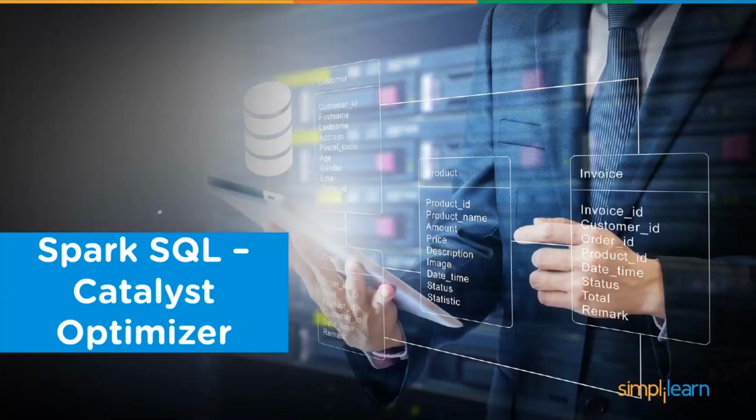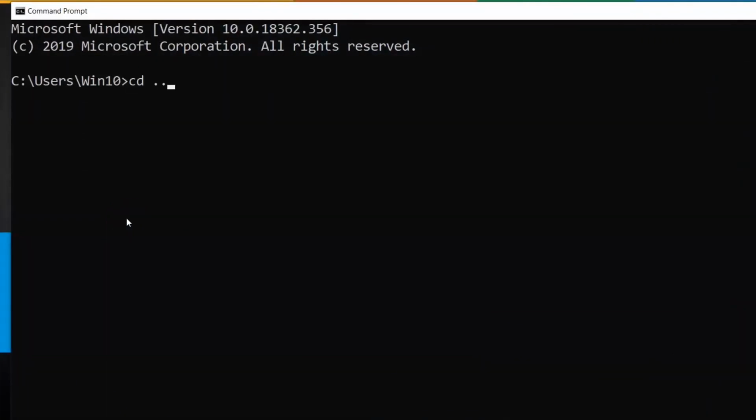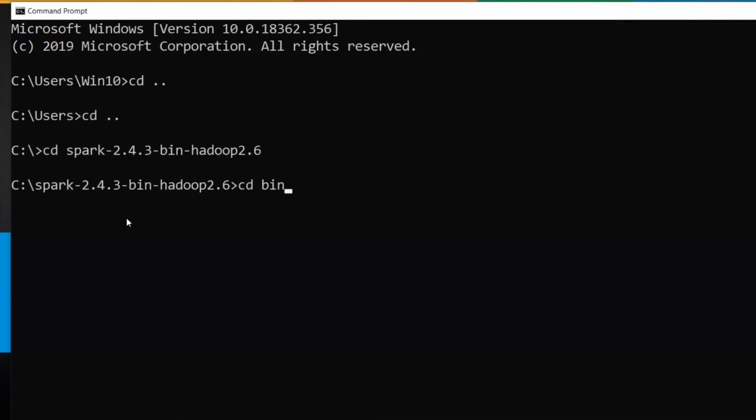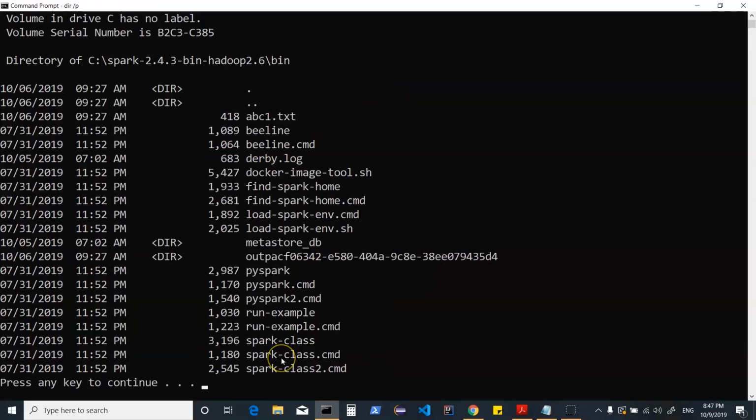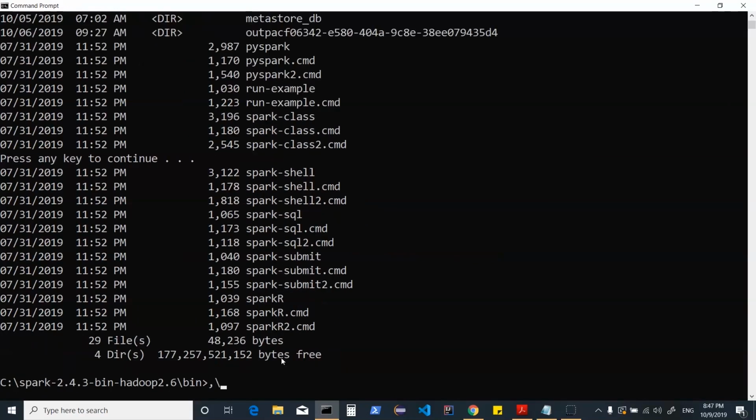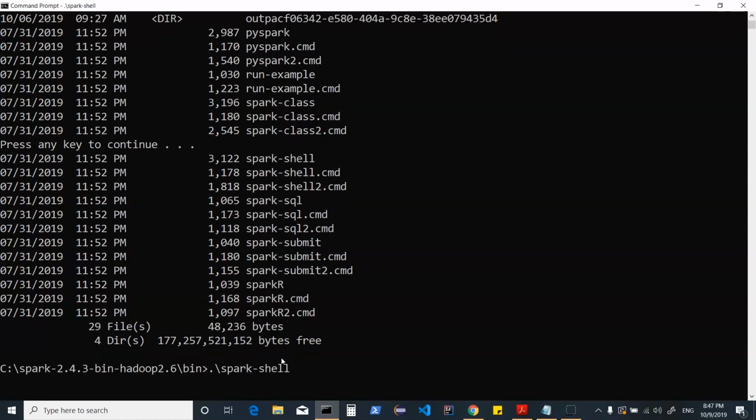Now, what we can do here is go into my command line, go into my Spark directory, and then go into bin. If I just do a dir /p, I would see that within this I have different binaries or different programs. We can start by doing ./spark-shell. This is an interactive way of working with Spark. For people more comfortable with Scala as a programming language, they could use Spark shell. Or if people are comfortable with Python, they could be using PySpark.